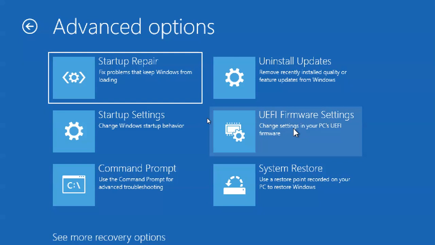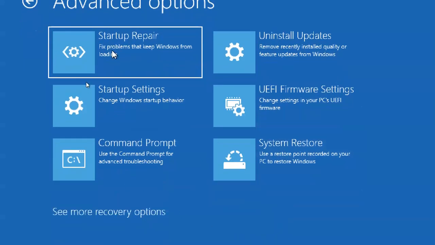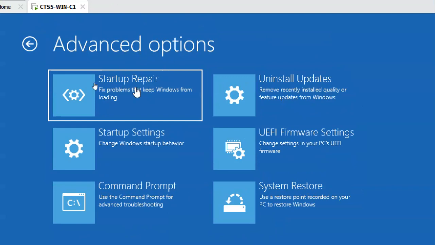Normally you are not getting normal interaction with your system because of the problem, so you can come to these advanced options and safely restore to the previous state. So the options in advanced options are: startup repair, startup settings, command prompt, uninstall updates, UEFI firmware settings, system restore.